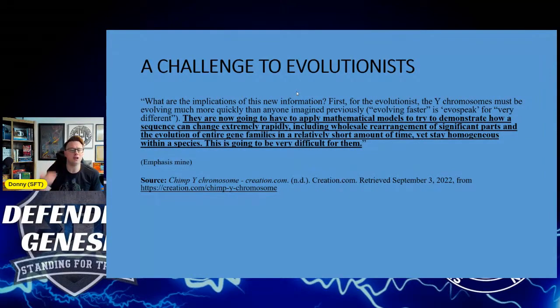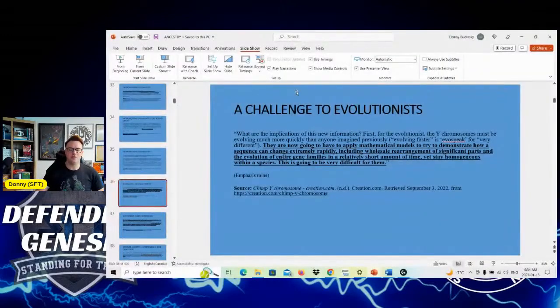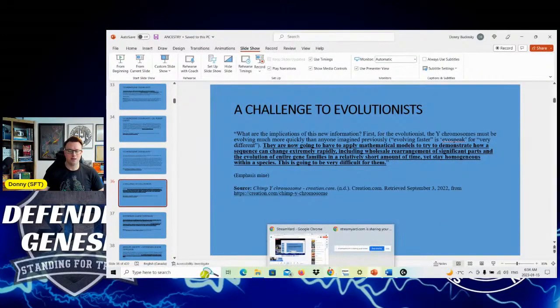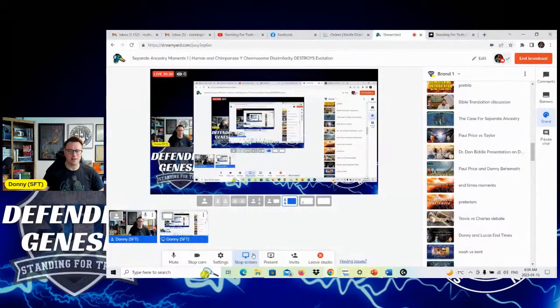Give me something empirical and show me how a sequence can change extremely rapidly, including these wholesale rearrangements of significant parts. And guys, the evolution of entire gene families. And this has to be done in a very short amount of time, evolutionary speaking, yet stay homogeneous within a species. This is going to be very difficult for them. And so, guys, that is the end of